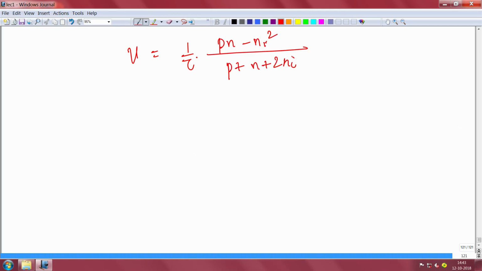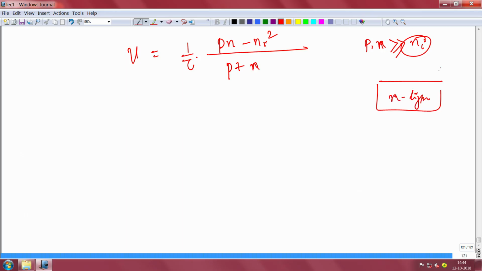Now, because it is a non-equilibrium, we are shining light and generating excess carriers, these are large numbers compared to Ni, much larger. So you can conveniently ignore Ni, at least in the bottom; you can ignore 2 Ni here. And then, as I told you, it is predominantly an n type doped semiconductor, and you are shining light, for example, generating excess electrons and holes.